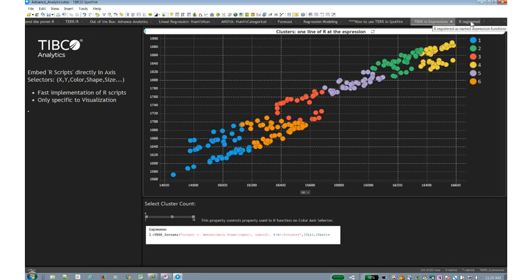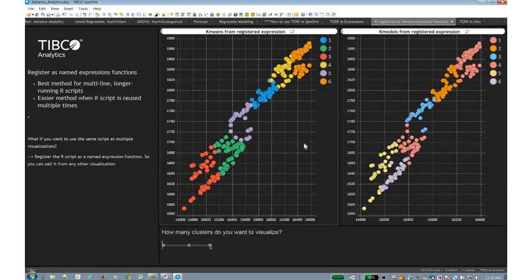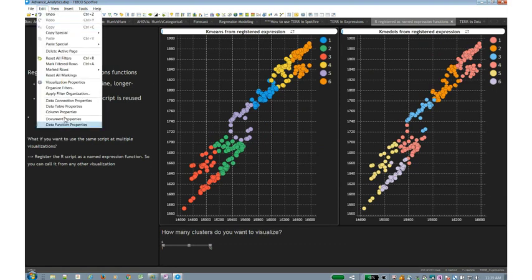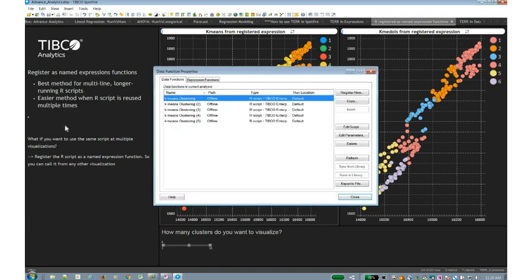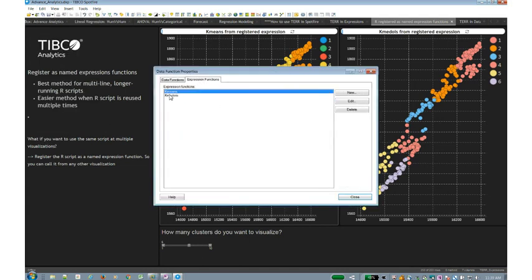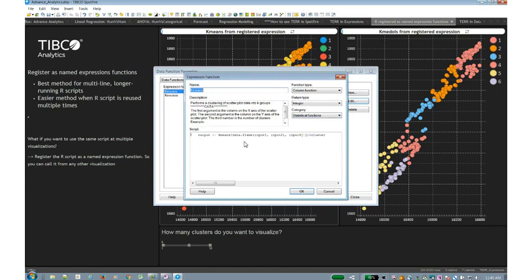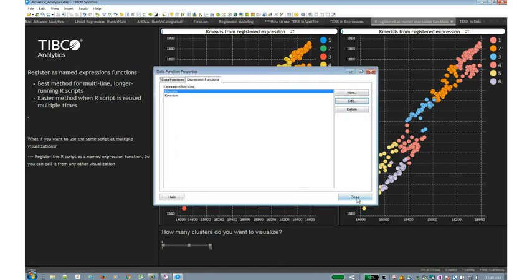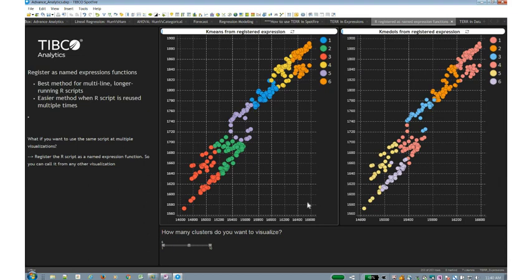And then if you don't want your users to know anything about R, you can actually create some expressions for them, and that's what we call these expression functions, meaning that someone that does know R can actually save it as a custom expression, and they would come here and edit it and type it in, and that becomes a pull-down menu. So anywhere that you have calculations, it will show up as a function, and it works the exact same way. Whether you typed it in or you use that expression, it works the exact same way. Now, these are, of course, inline editing of the functions.